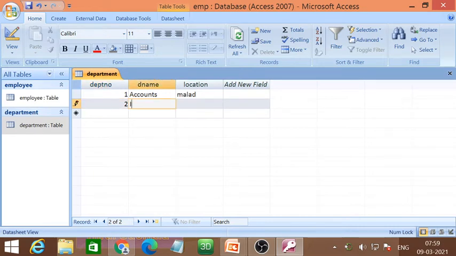Second department is IT because we have one employee with the IT manager designation, so it will be under the IT department. Location again you can put another location, Kandivali. Suppose we have 2 offices, one at Malad and another at Kandivali, so we will take 2 different locations.